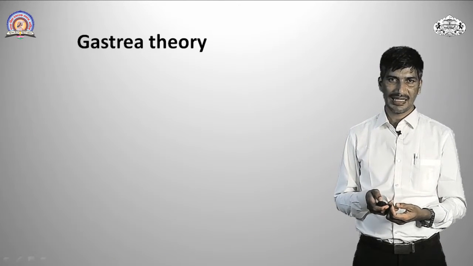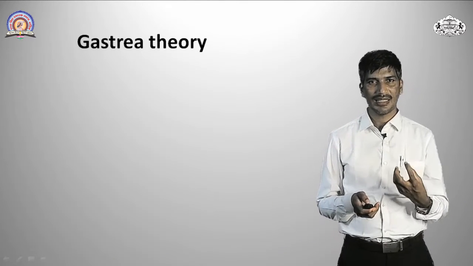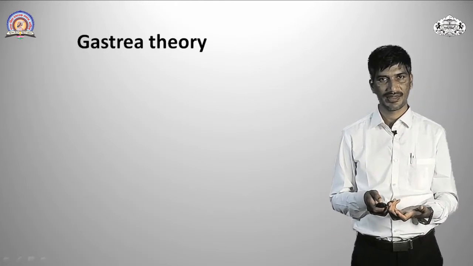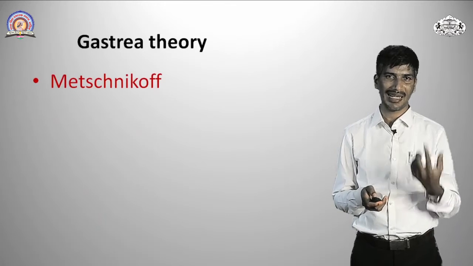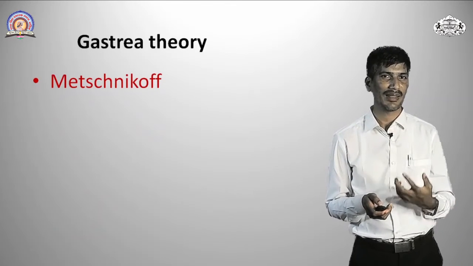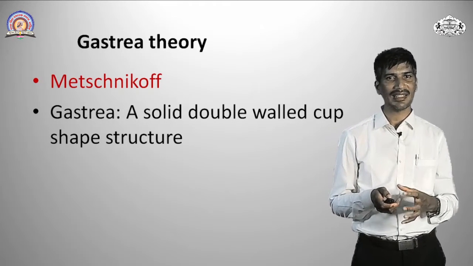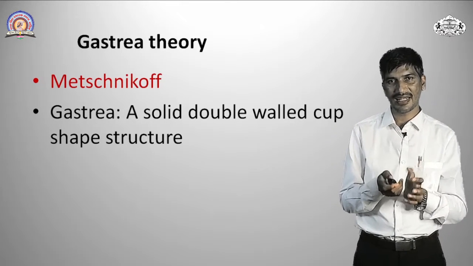Then the gastraea theory. This name is self-explanatory. Gastraea means gastrula development of the metazoan animal. This theory was proposed by Metschnikoff. In that theory, he suggested the gastraea. What is the gastraea? Gastraea is a solid